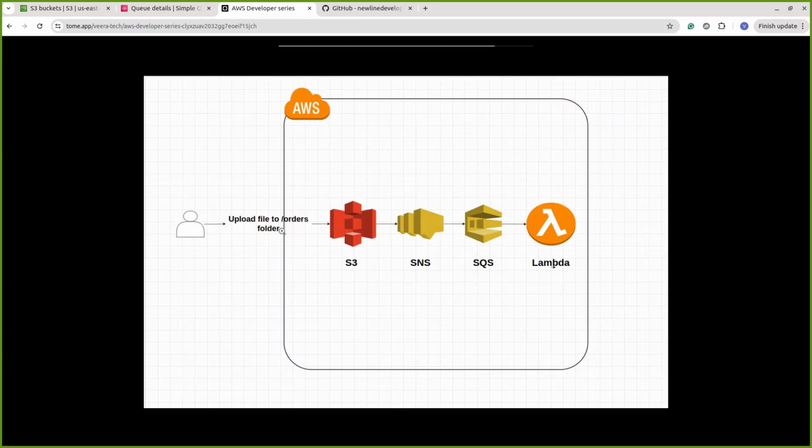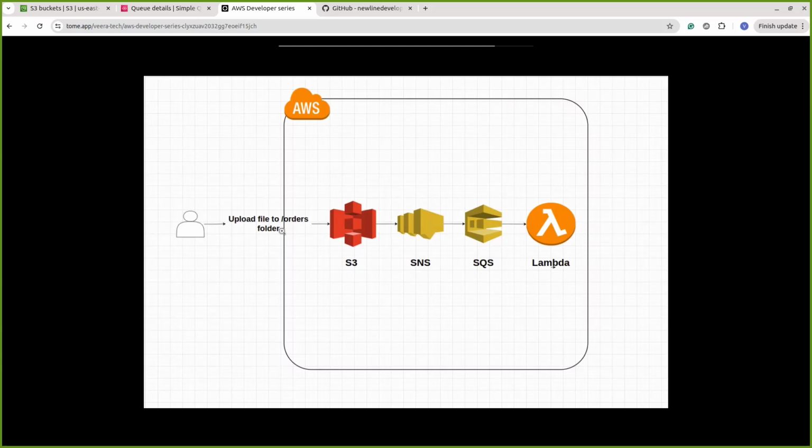So let's take a real-world scenario. You have an e-commerce application. In that application, some of the events should be processed by specific services. Some order-related events will be processed by an order service. In that case, you can create your topics in SNS. Order-related messages, payment-related messages, everything will be stored in these specific topics.